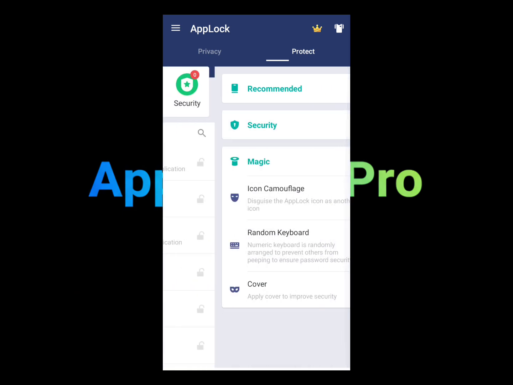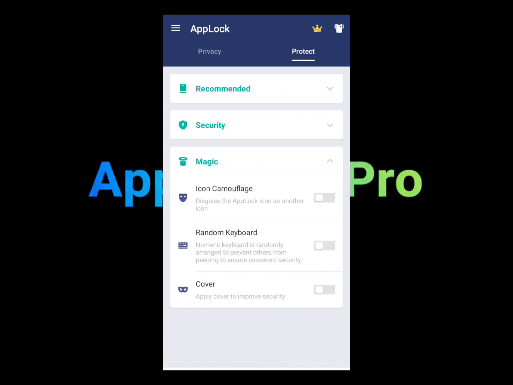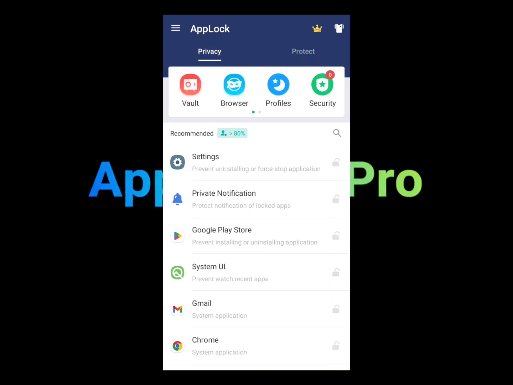There you also have some other apps here, other security features as well, which you can use to increase the protection of your applications. So very, very good app. So that's really pretty much it for this